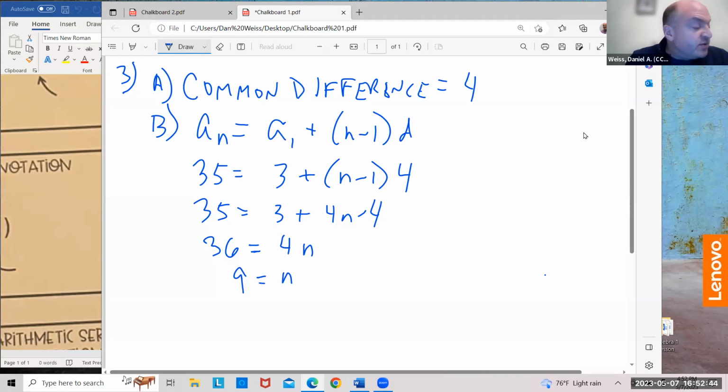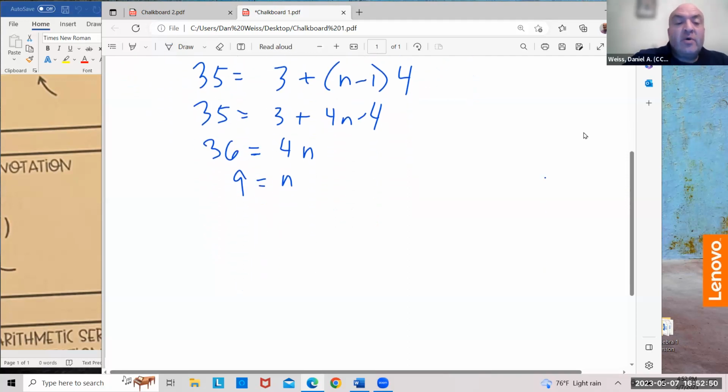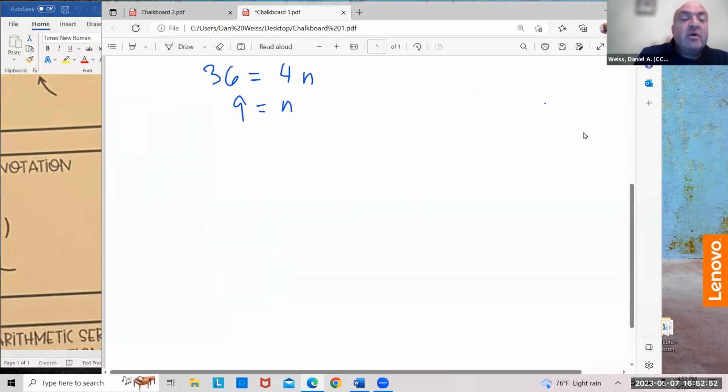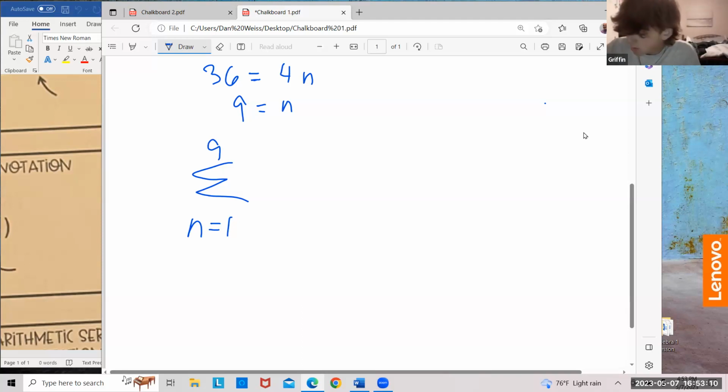So now here's what's going to happen with this problem. We have 9 terms. Sigma notation, no problem, piece of cake. Sigma means we're going to go n equals 1 to 9, okay? So far, so good? Yeah, I'll just write that down.